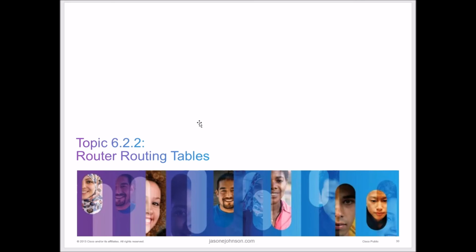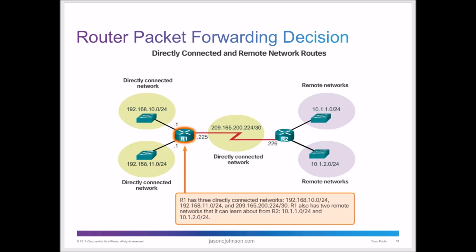Okay, so let's look at routing tables and how this works. We know that we have to request information through the default gateway, but how does that really work, and how is it efficient? For the packet forwarding decision, the routers make a decision about how the information is going to route best. So R1, our default gateway, has 3 directly connected networks. It has a network here, a subnet here, a subnet here, and we'll get into subnetting later and how you can tell that these are different subnets based on the CIDR notation, the /24 here, and where we're in the 3rd subnet. We'll learn about that in future classes.